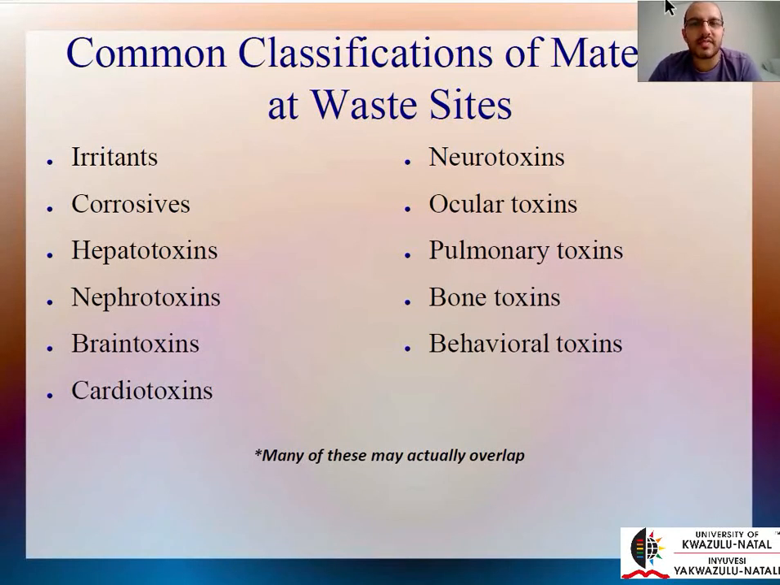Okay, now common classifications of materials at waste sites. So there are a lot of things that people imagine when we talk about toxicity. I know there are a lot of images created by the movies, essentially. When we think of the word toxic, we typically think of something like a green chemical, and if it falls on you, your skin and your bones will melt off, or some kind of blotches and lumps on your skin. Now, that is essentially just one type of toxic